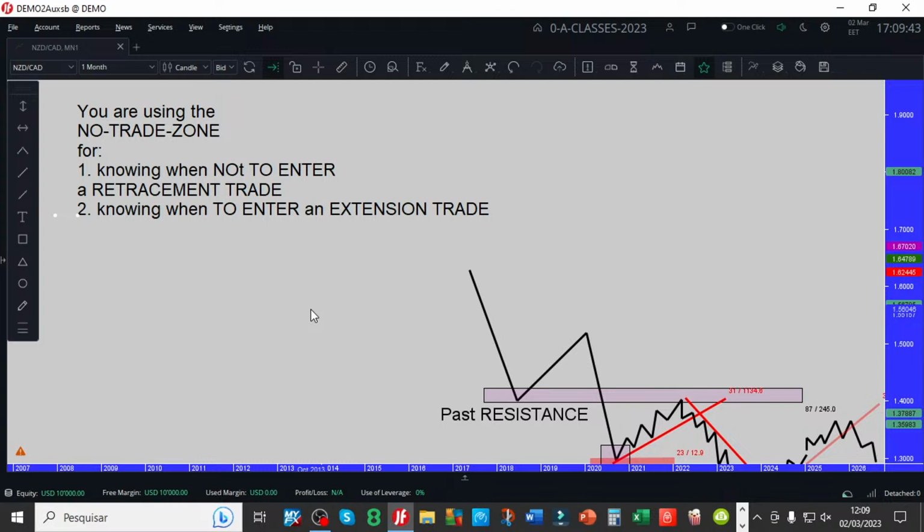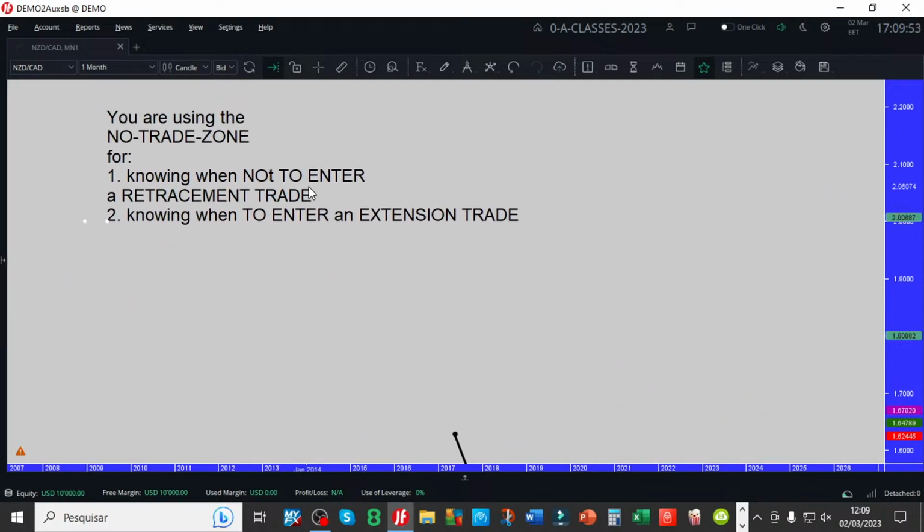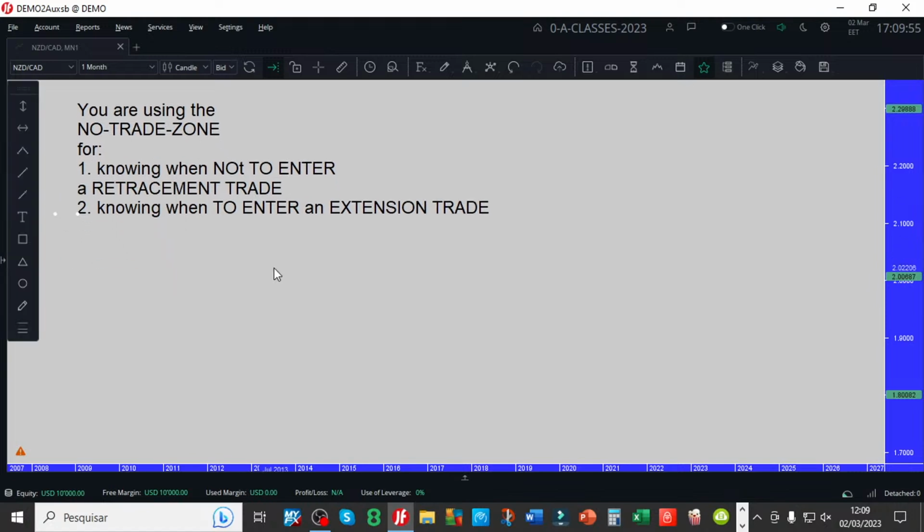Ernesto, not clear. No trade zone not clear. Clear, boss. Boss, what if the counter is inside the node? Okay, everybody. Alright. Thank you very much. Not clear, not clear. Very good. Excellent, everybody.